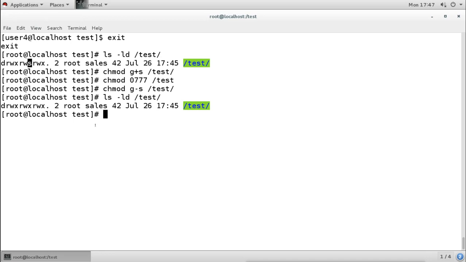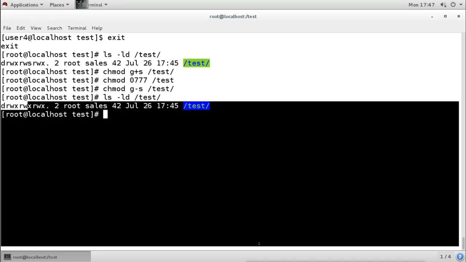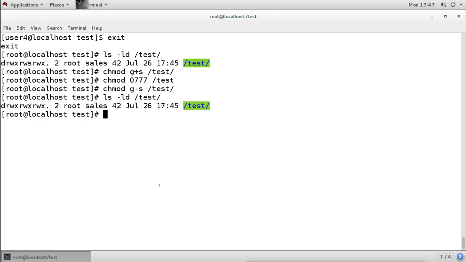When you don't have the execute permission, you will see a capital S. For example, right now we have the execute permission, that is why we got the small s.